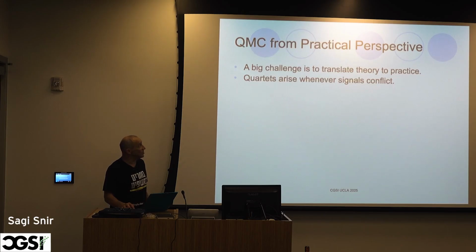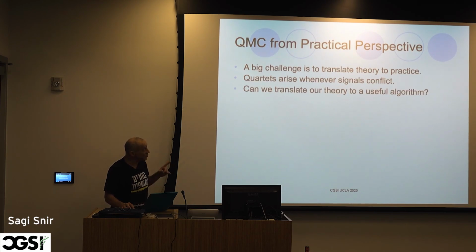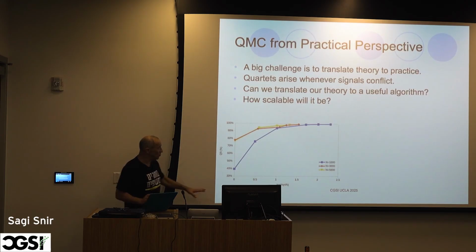Quartets arise whenever signals conflict. Can we translate our theory to useful algorithms? How scalable will it be with all these NP hard problems? So I show now some